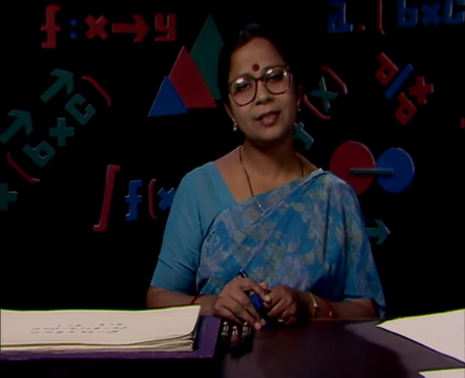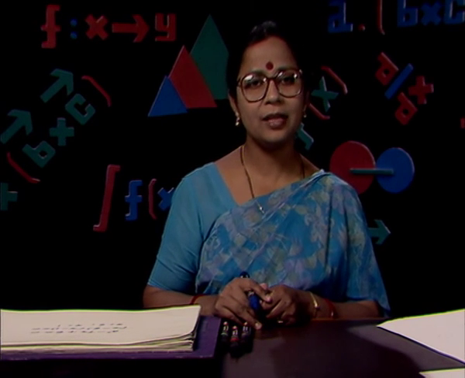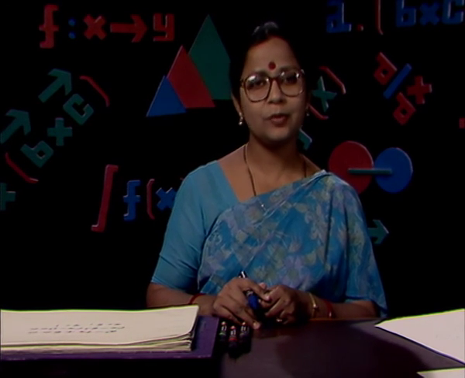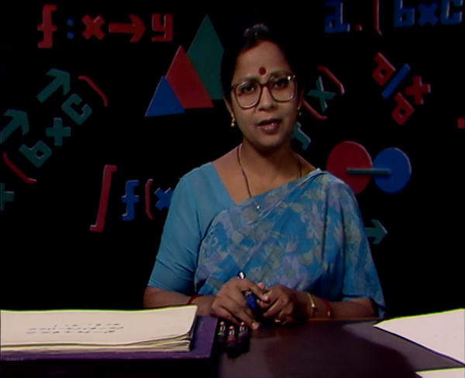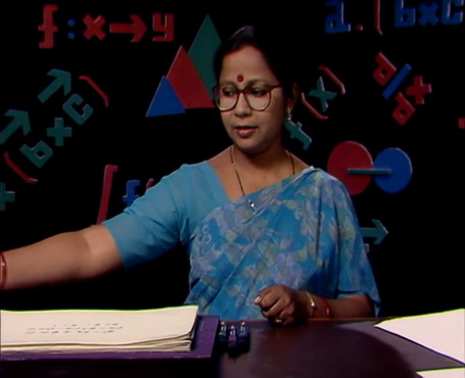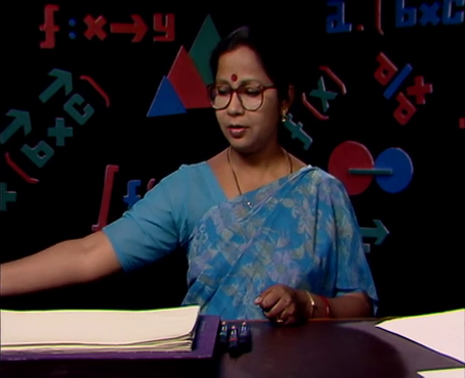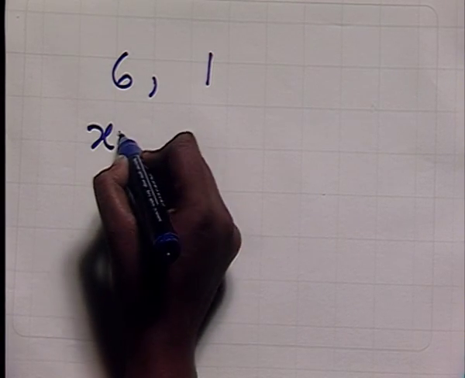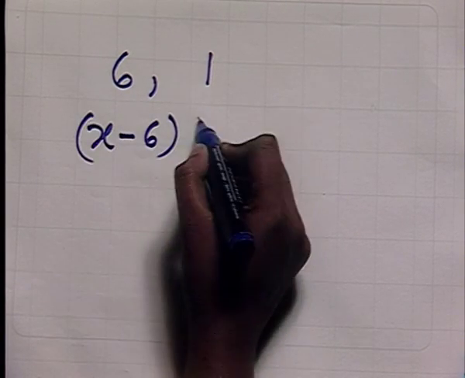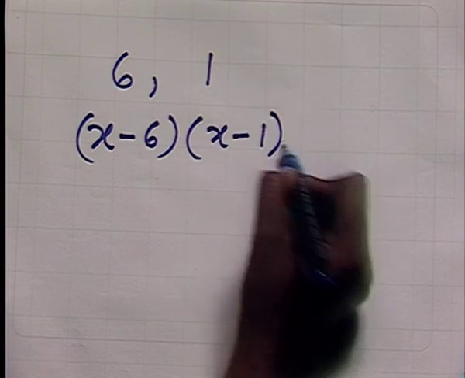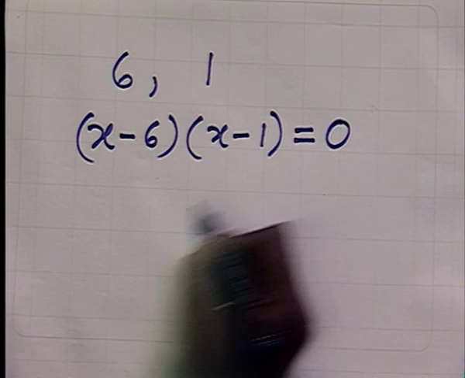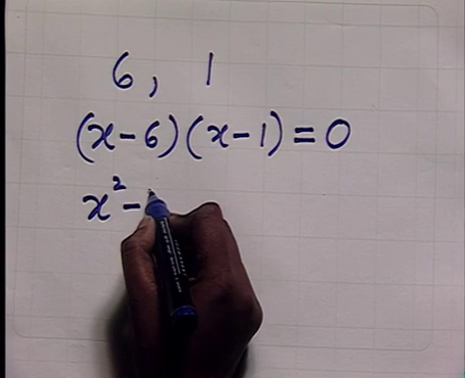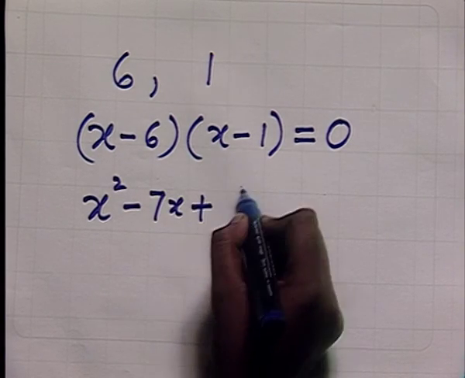But suppose we have to construct an equation whose roots are given as 6 and 1, then what do we do? Naturally, we will think of the factors which gave us these roots. That is, if the roots of the equation are given as 6 and 1, then the factors will be x − 6 and x − 1. When we multiply them and equate them to 0, then we get the equation x² − 7x + 6